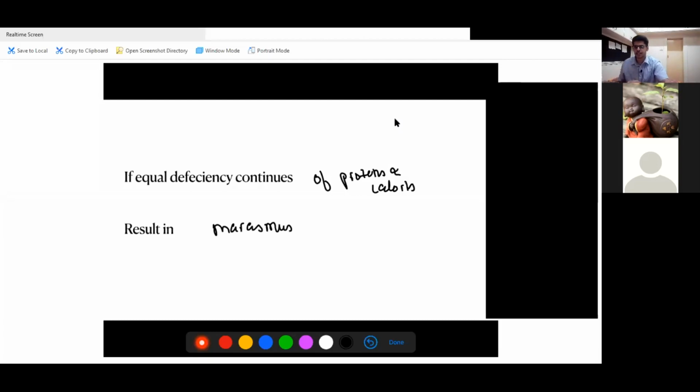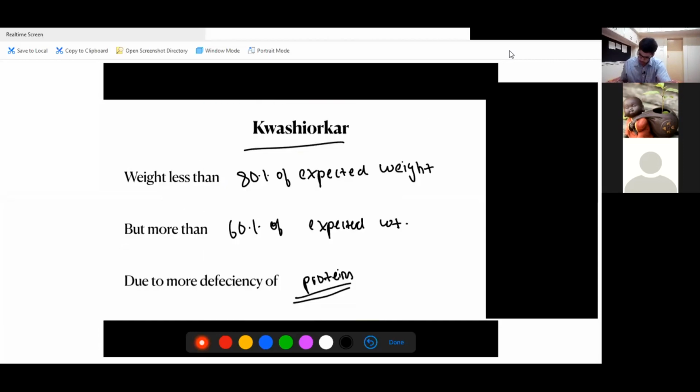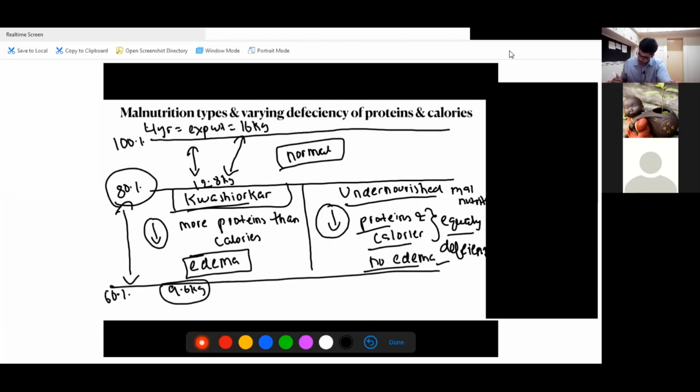If you are not understanding, I will repeat it because it may be confusing. So now we'll go back to the chart. Come back to your chart, what you drew. This was the patient, the undernourished patient. He had equal deficiency of proteins and calories, and due to this equal deficiency, the osmotic balance was maintained. So there was no edema. Now, as a doctor, we give him a diet, and by mistake we give him too many calories, and we don't give him proteins. So we push him here.